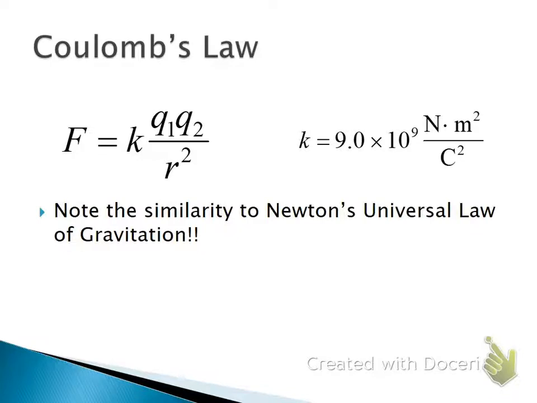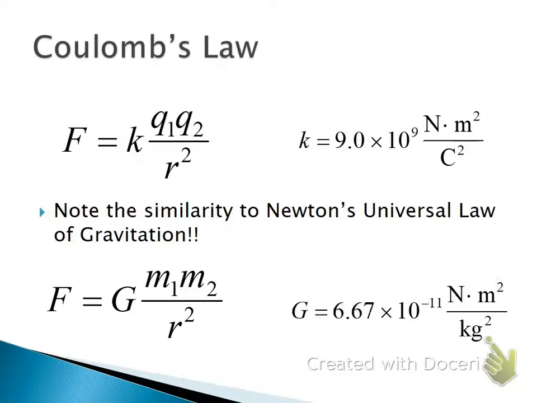And if you're playing along at home, you might have noticed that this is super similar to Newton's universal law of gravitation, which you remember, right? Of course you do. It's G m1 m2 over r squared, where G is 6.67 times 10 to the -11 Newton meters squared per kilogram squared. Now, a couple of things about this. One,